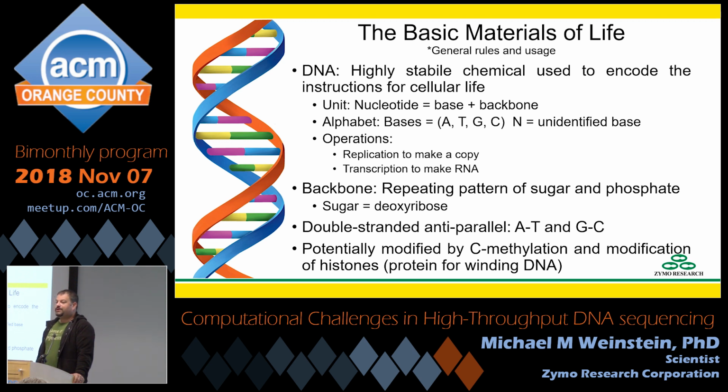So the primary information layer in DNA is just its code. It's A's, T's, G's, and C's. That being said, there's an additional information layer with DNA, and that comes in the form of methylation on the C bases or cytosines. That can affect how proteins bind to different regions or how easily the DNA comes apart. Along with that, you can have modification of histones, and how many people out there know what a histone is? That is roughly the percentage I was expecting. Histones are proteins for winding DNA.